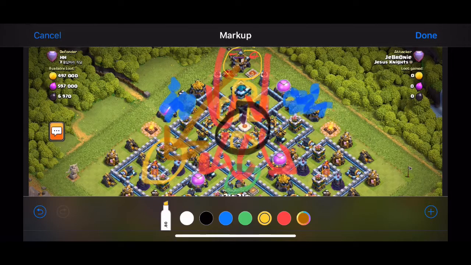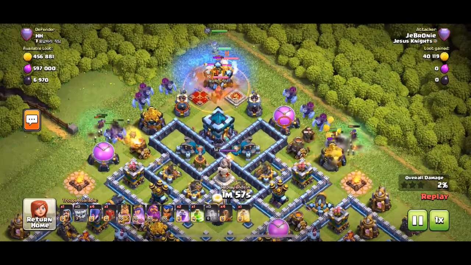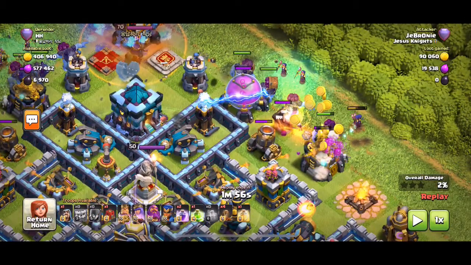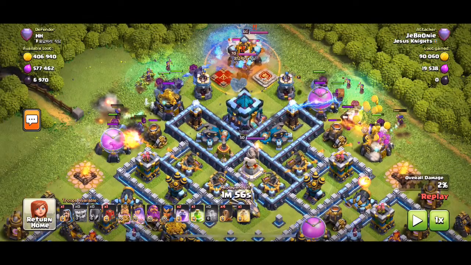Let me go ahead and show it to you. All right, so as I mentioned earlier, poison spell I put down right away. You'll see there was also a skeleton spell there, so that worked out well. I brought troops, let me pause it real quick, over here at around, what is this, between 1 and 2 o'clock, and then likewise over here between 10 and 11 o'clock